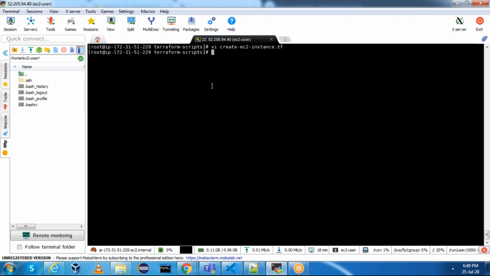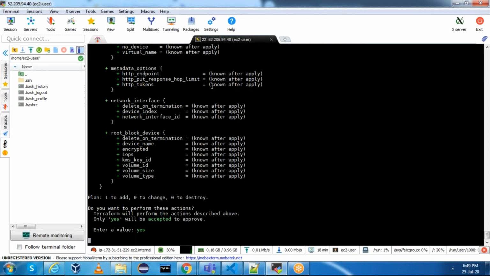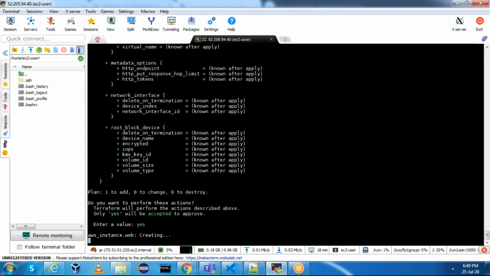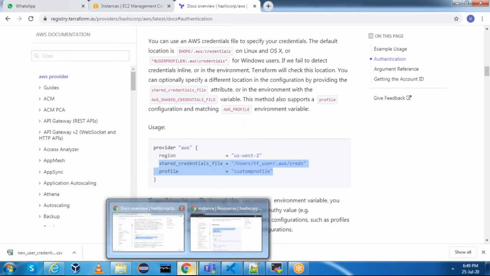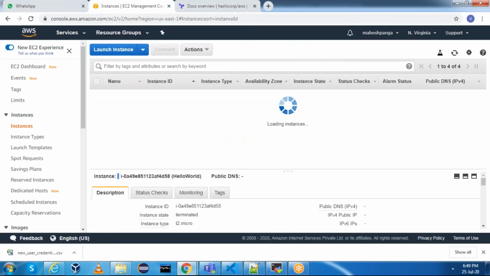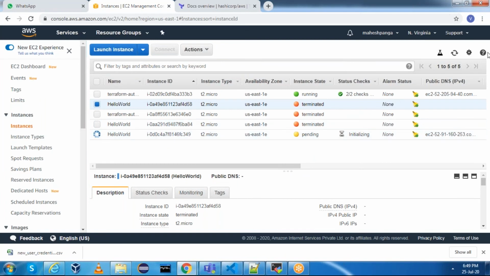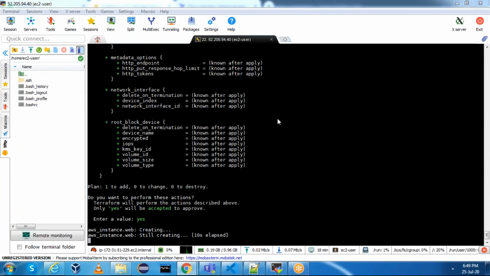Save this file. Now also you can do terraform apply. Okay, you can say yes, it will create the server. You can see now also it will create a server. See, if you refresh, new server is generating, hello world, right? Third approach is also working fine. Let it completely create.